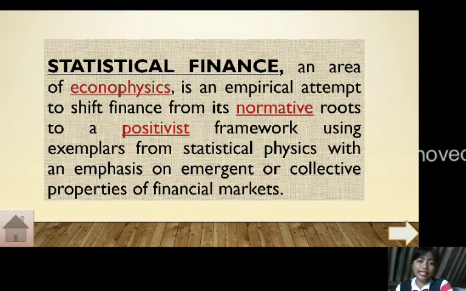Next is statistical finance. Statistical finance is an area of econophysics. It is an empirical attempt to shift finance from its normative roots to a positivist framework, using exemplars from statistical physics with an emphasis on emergent or collective properties of financial markets. So, it focuses on three areas: